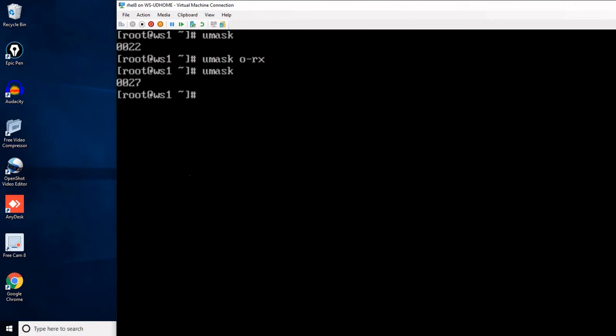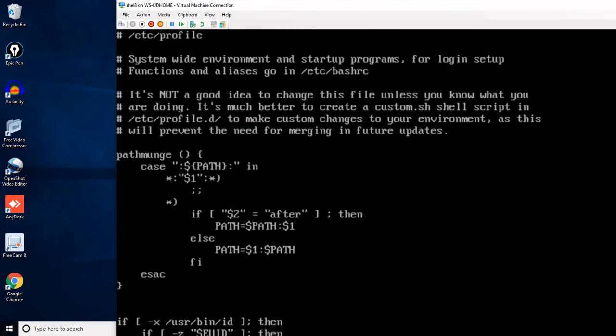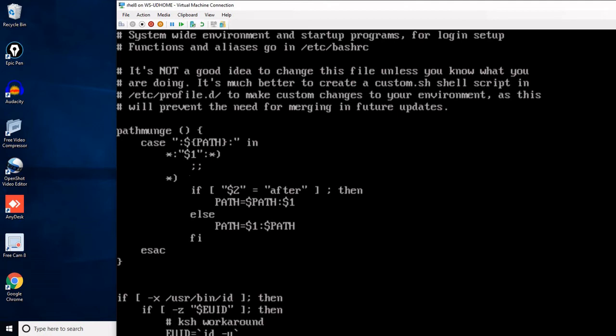Now how to change it permanently. As I said, if I restart the system, the umask will change back to the default, that is 022. If you want to change the umask permanently, then you have to go to the profile: vi /etc/profile, and search for the word umask.